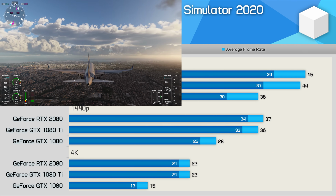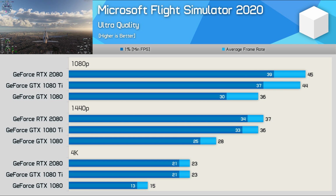Next up we have Microsoft Flight Simulator 2020, and here the advancements made to the Turing architecture appear to be of little benefit as the 2080 and 1080 Ti deliver virtually identical performance. That means under the more playable conditions at 1080p, the 2080 was just 25% faster than the 1080